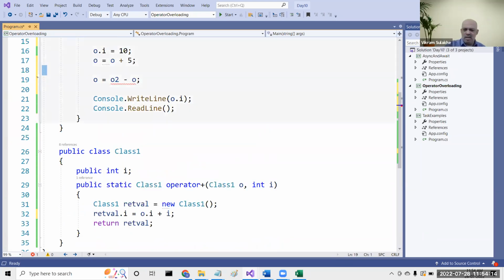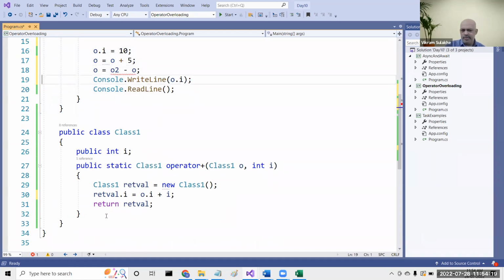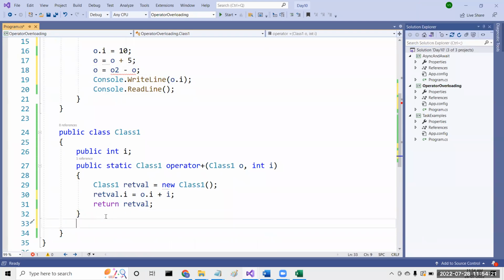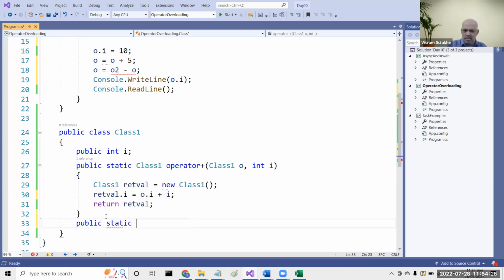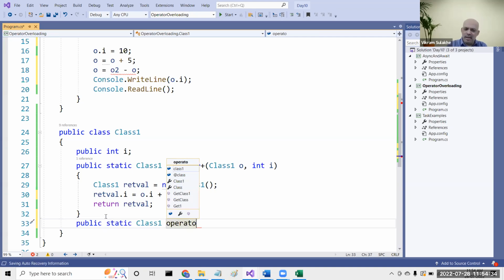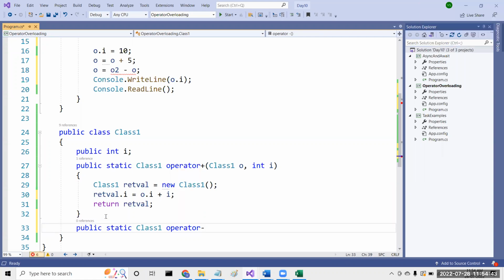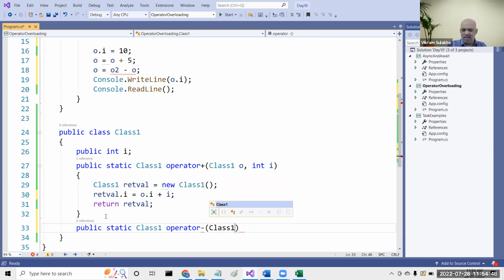You can look at the previous code and tell me what I need to do. So we need to create a static method. Public static class one operator minus, and then the arguments. You're leaving it to me, you have to tell me. Operator minus. You do it. I'm asking you for the answer. Then you put the arguments. Come on. Minus class 1 O